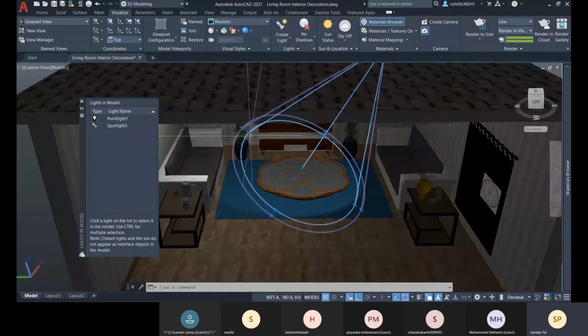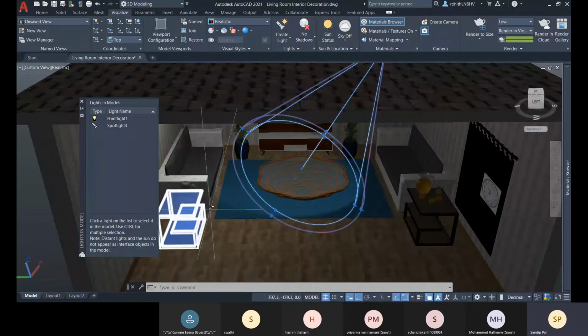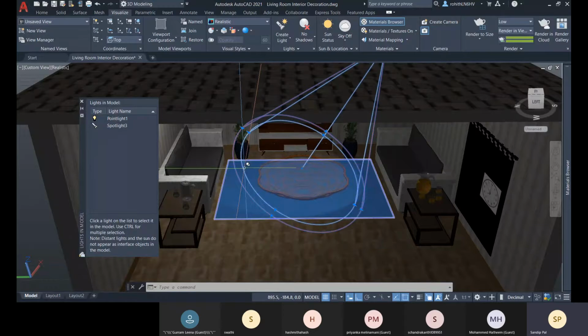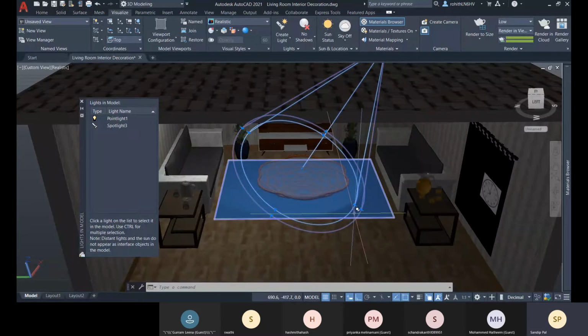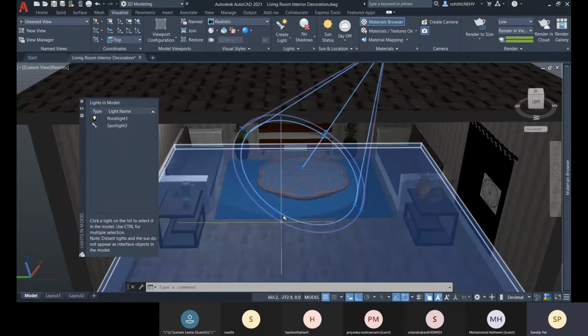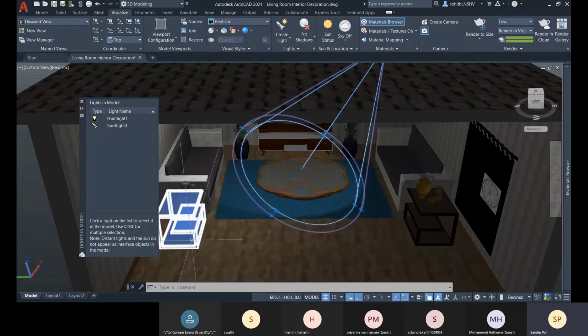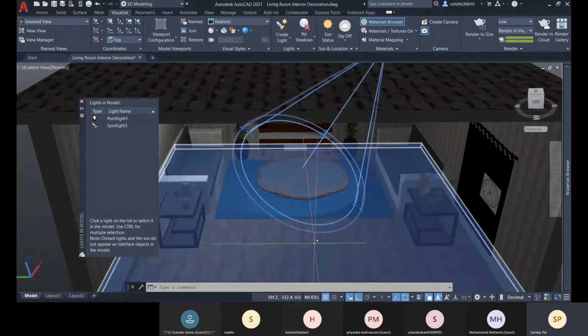After this hotspot area, the intensity starts decreasing and goes away till the fall off area. After the fall off area, you will not get any light. So within this area till the fall off area, you will get all your light from this spotlight.